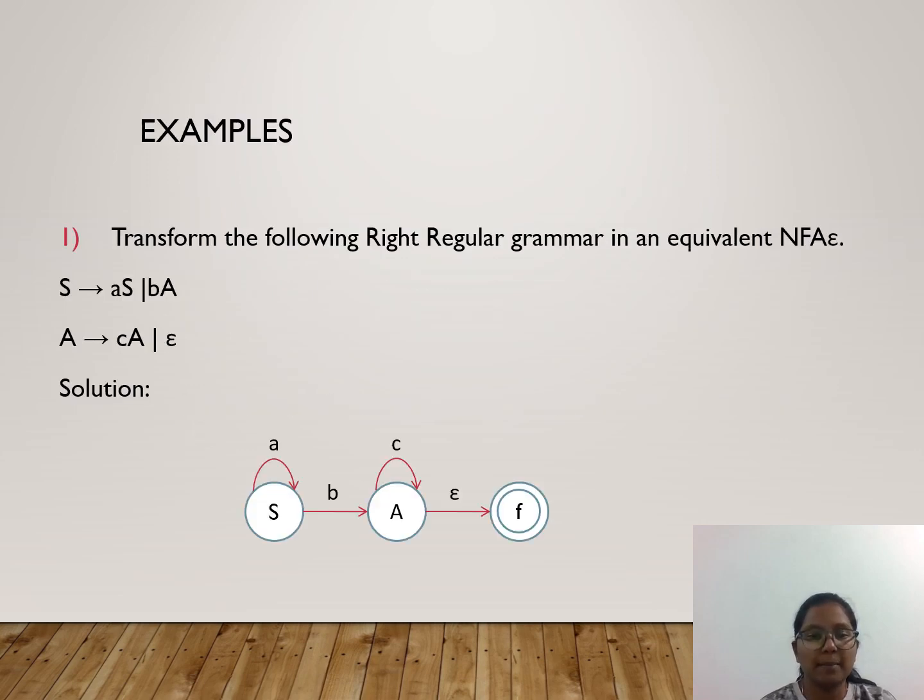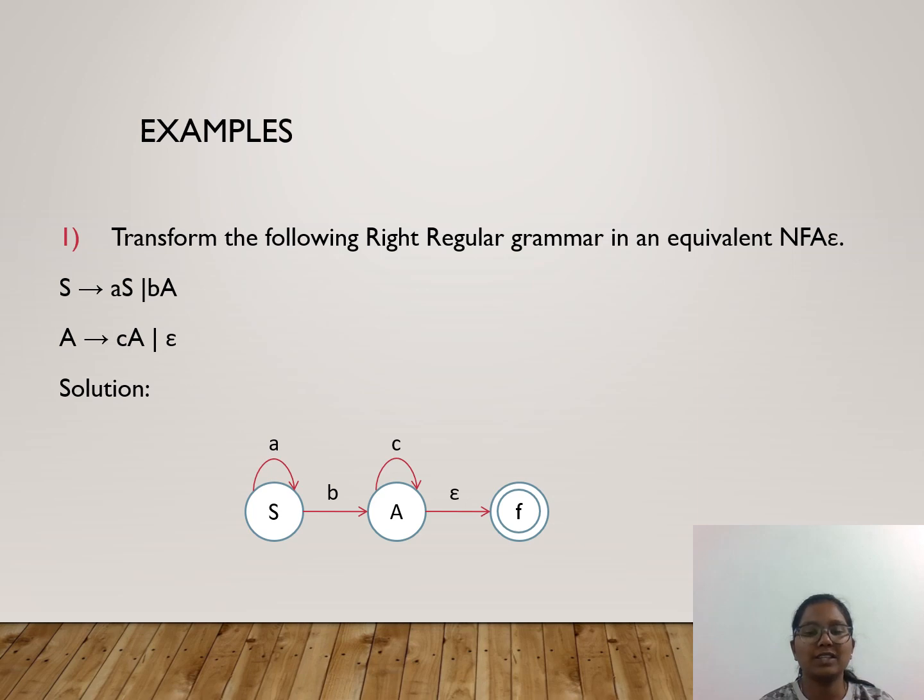Let us see the examples. We have the question: transform the following right regular grammar into an equivalent NFA epsilon. S tends to small a capital S or small b capital A, and capital A tends to small c capital A or epsilon. And we have the solution as